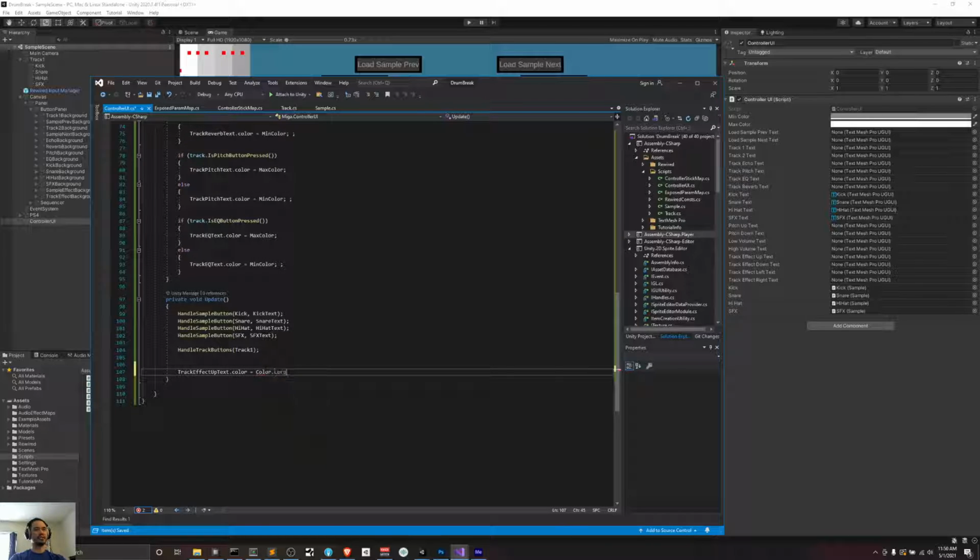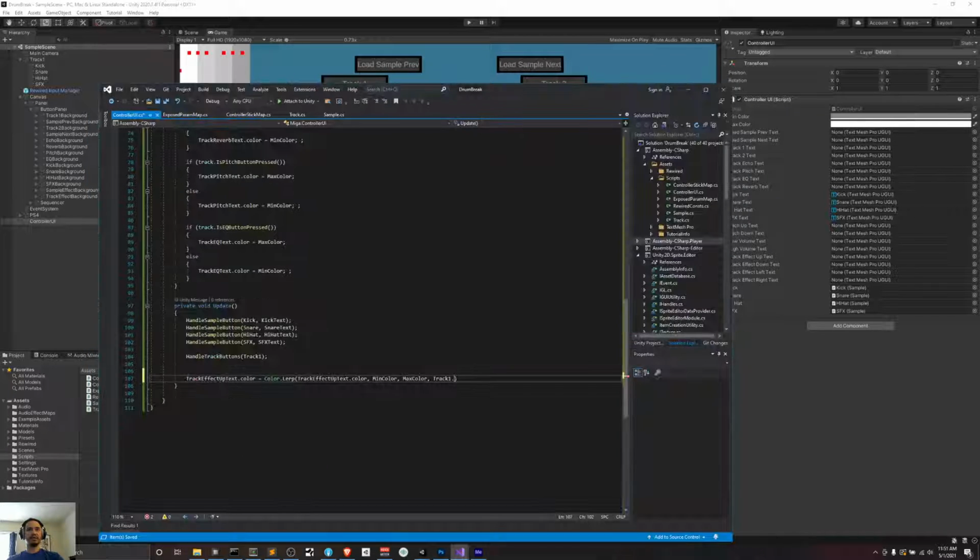Because it could constantly be changing in any frame, we're just gonna min color, max color, and it's going to be based on the track 1. But the color is going to have to be between 0 and 1. So what's actually going to happen is the track effect up is going to be